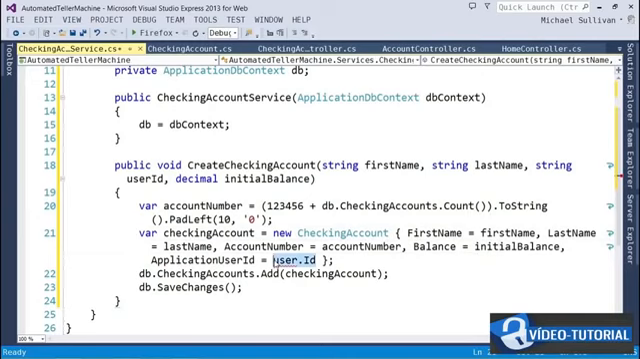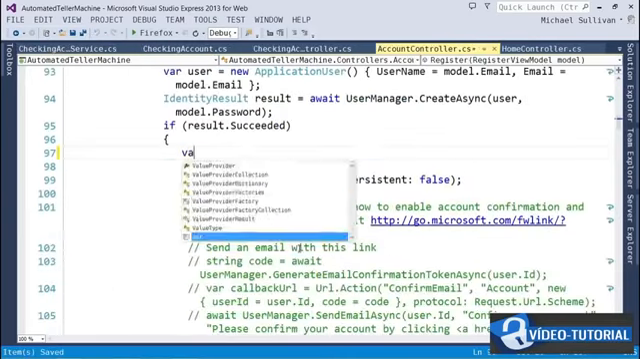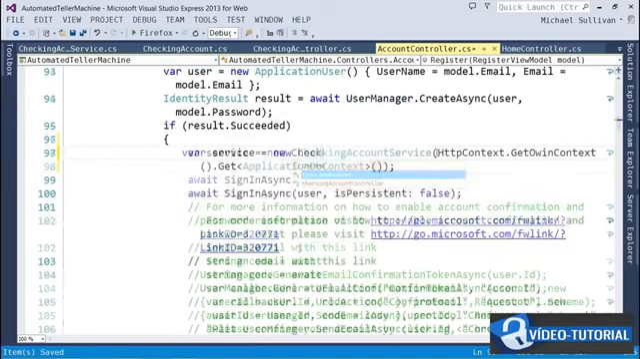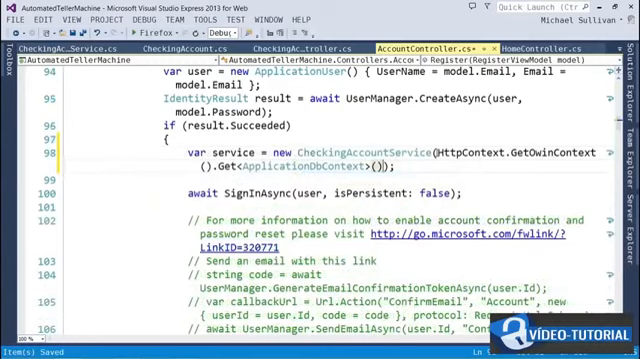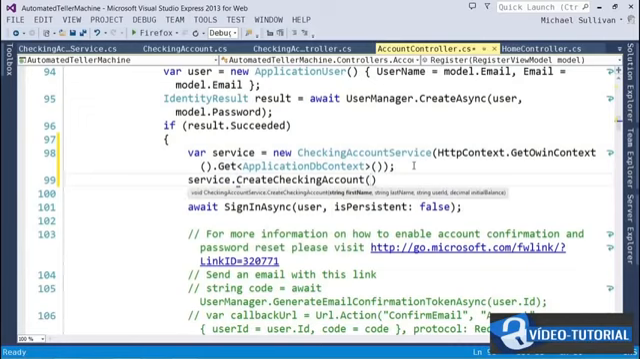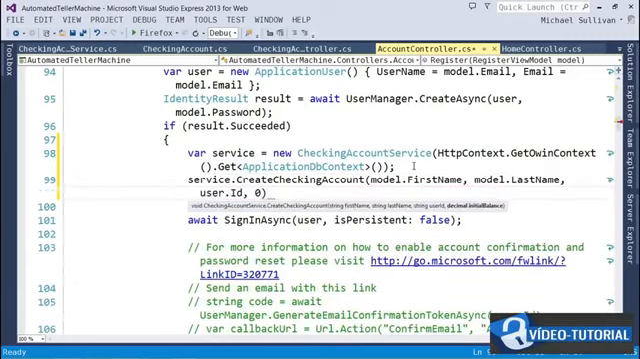Now in the register method, I can replace this code and create a new instance of CheckingAccountService. We're going to pass to it the existing DbContext that our authentication component already set up using the GetOwinContext method of HttpContext. And then we'll use the generic Get method with ApplicationDbContext. And then we'll go ahead and create the account. And let's copy these lines to the clipboard because we're going to be doing something similar with the Facebook login